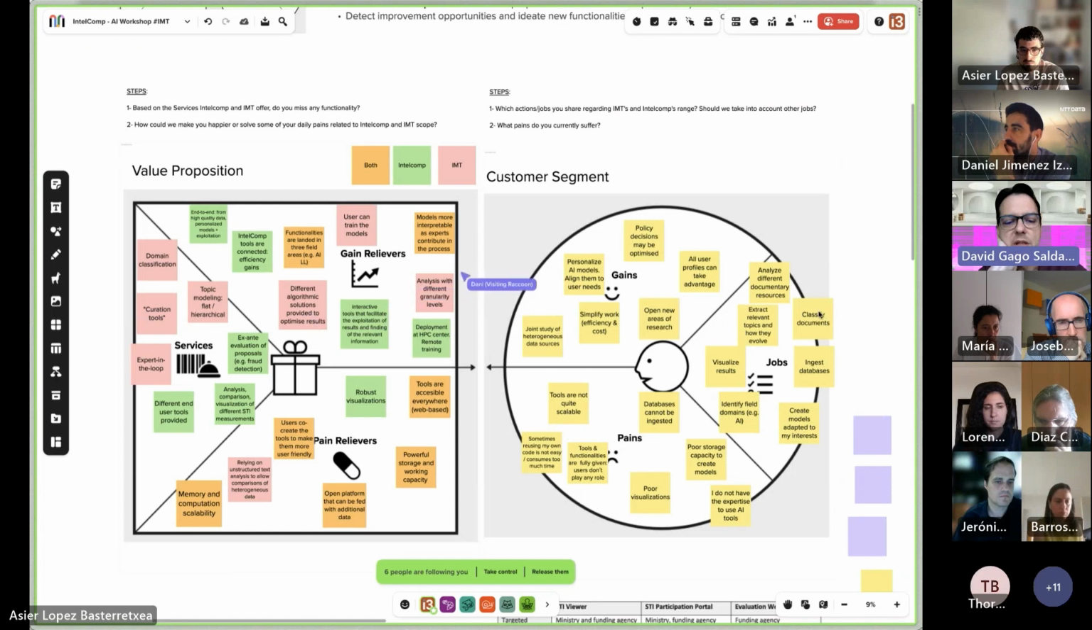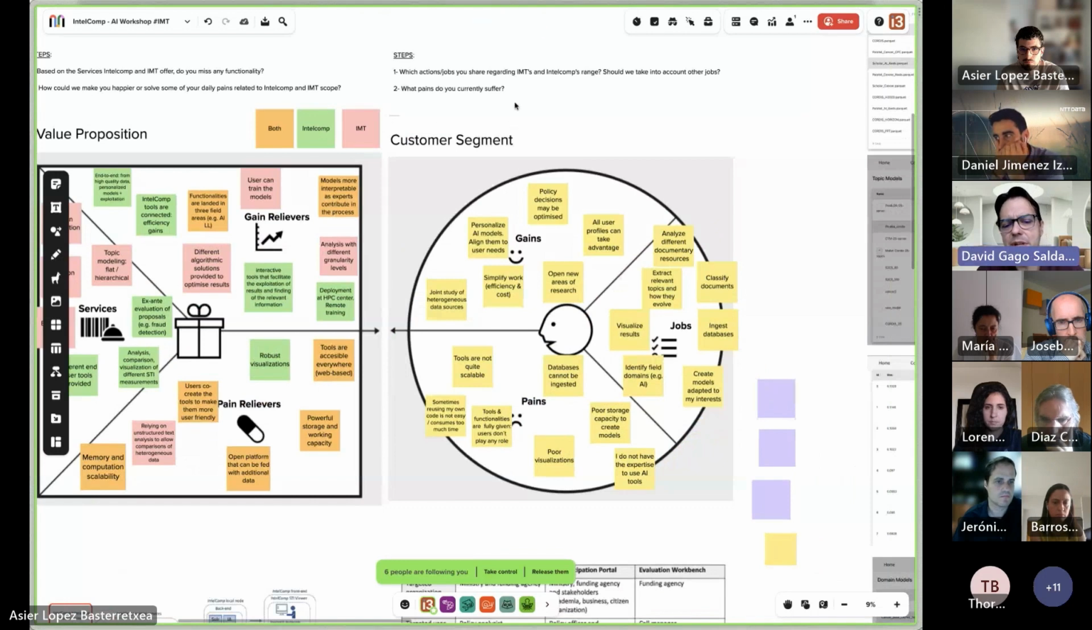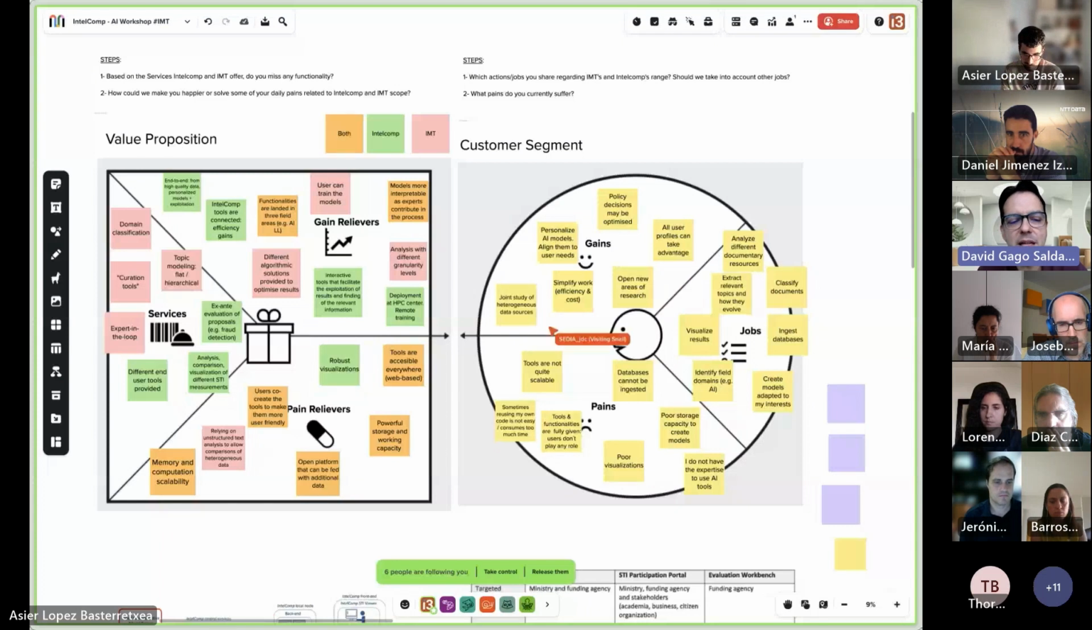Both IntelComp and IMT, which is part of the IntelComp project, aim at differentiating themselves from other similar natural language processing solutions. I will use the value proposition canvas framework to explain it. But before diving into the added value brought by IntelComp and the interactive model trainer, as a particular tool of IntelComp,